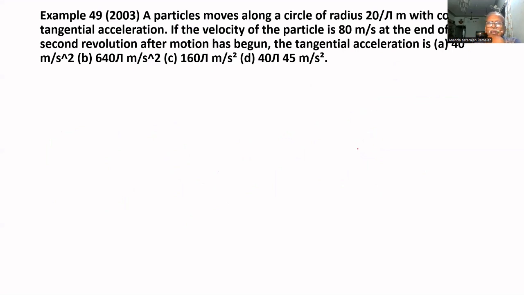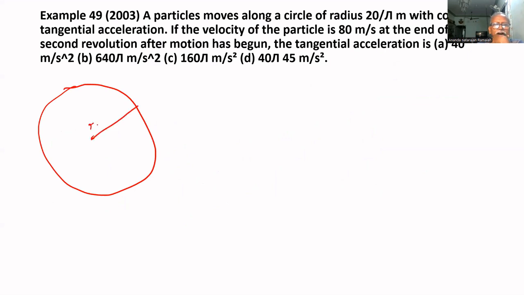A particle moves along a circle of radius r equal to 20 divided by pi meter with a constant tangential acceleration, at equal to constant. If the velocity of the particle is 80 meter per second at the end of second revolution, after motion has begun,